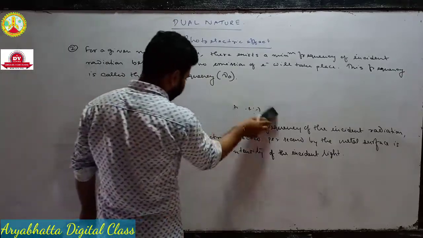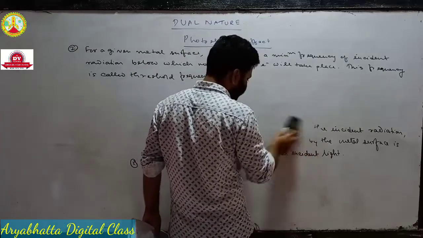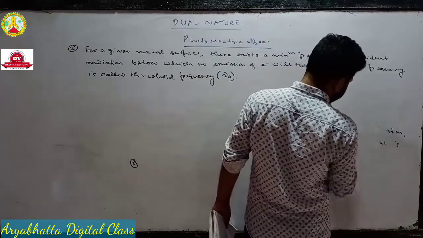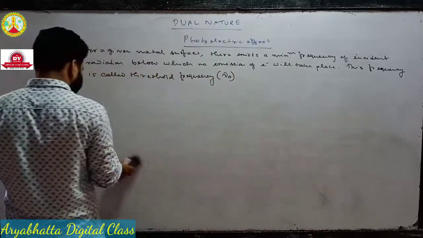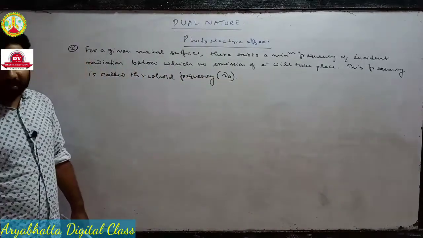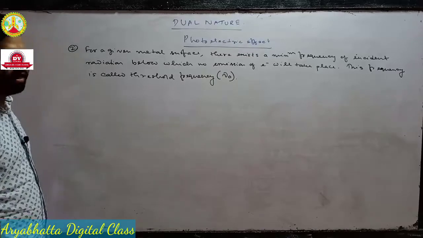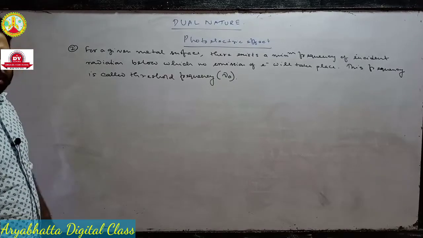थर्ड वन क्या होगा? देखो, above the threshold frequency what will happen? If you increase the frequency of incident radiation, then what will happen? Stopping potential will also increase due to the increase in kinetic energy।